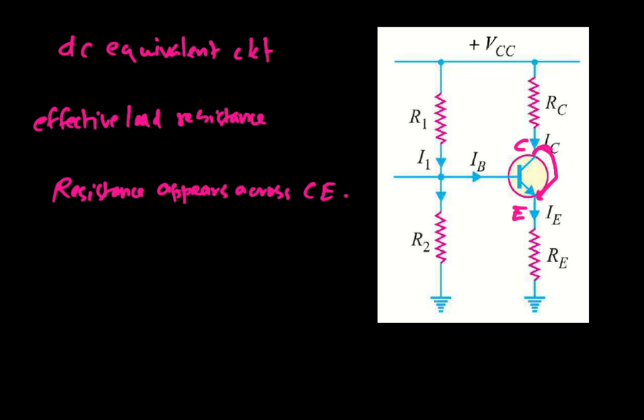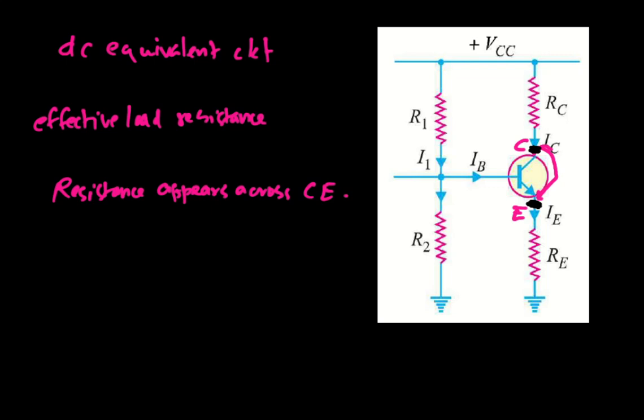So if we replace this circuit by its Thevenin equivalent to find the effective resistance across the terminals, collector and emitter, we know that to Thevenize a circuit, to find the effective resistance, we have to open the terminal across which we have to calculate the resistance. So we will open this collector junction here and this emitter junction here. So we will open up here and we have to find the resistances across the terminals C and E,